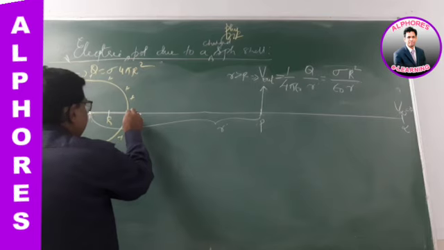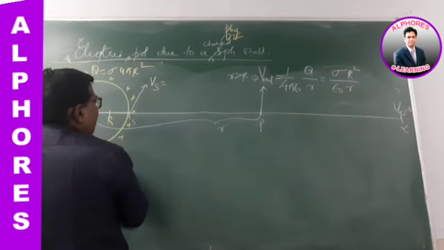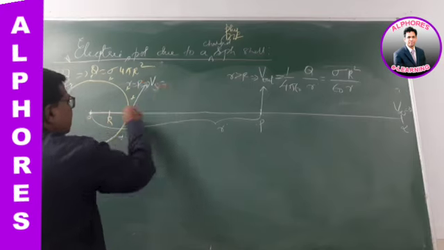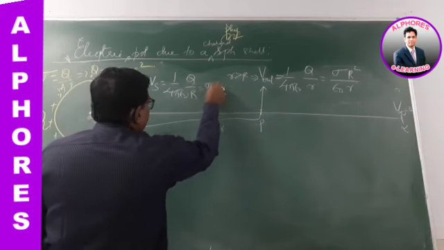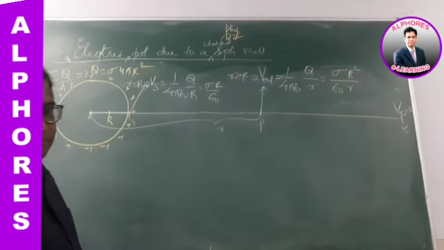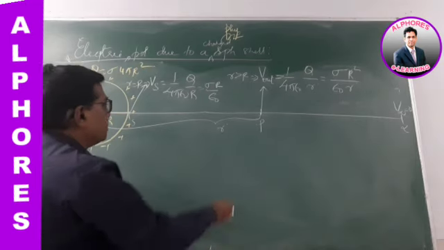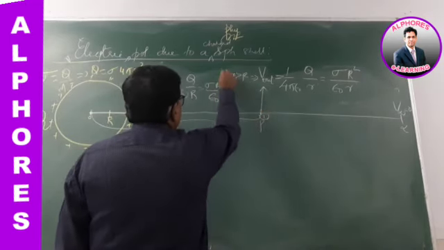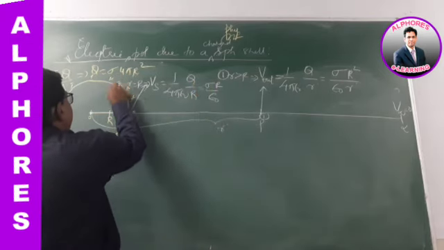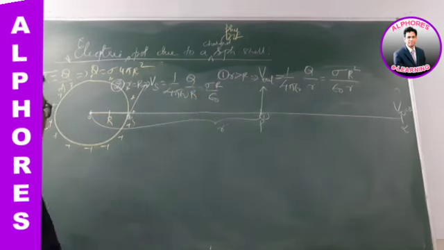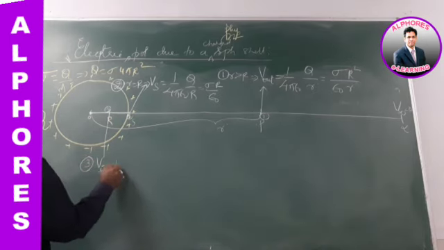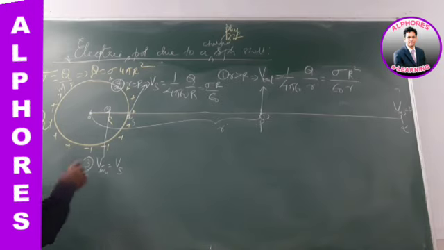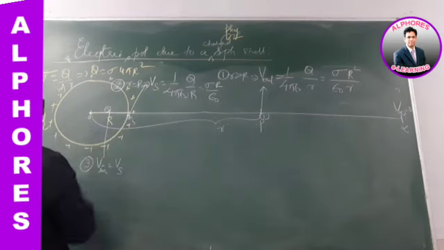Well, the potential at the surface point, that is r equal to capital R, is 1 by 4 pi epsilon naught capital Q by R, or sigma capital R by epsilon naught in terms of surface charge density. This is point 1, this is point 2 here. Then how about the inside point 3? Potential at 3, V inside: you know, the potential inside is the same as the potential on the surface, the same formula, right?